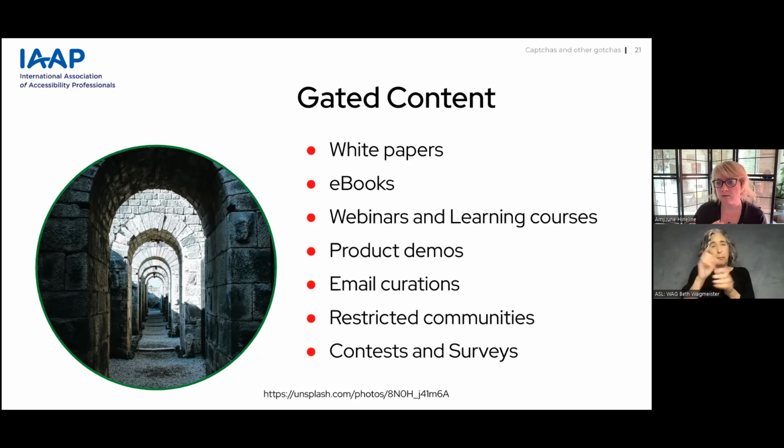And then also with this gated content, it could include things like forums to exclusive communities or contest entry forms, things like Discourse or Discord or Reddit. And along with access to surveys and forms, they can be gated with having a logged in user or sign up for a promotion. And I have a picture here of a series of doorways tunneling down. It's really neat, stone doorways.